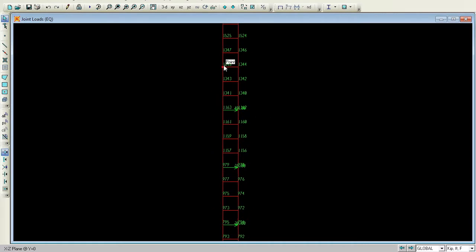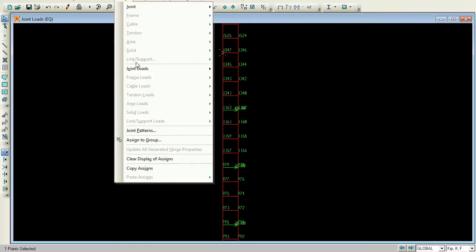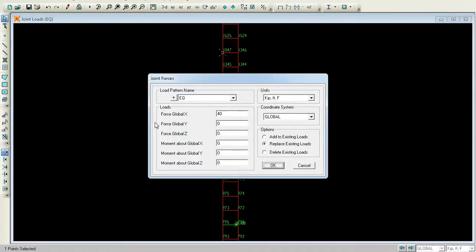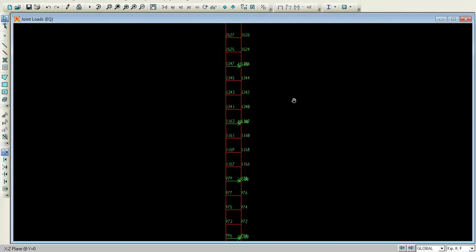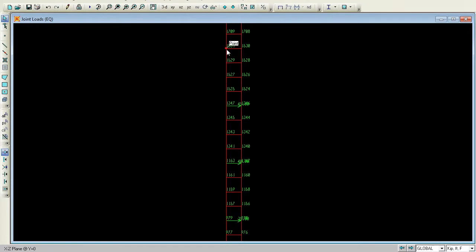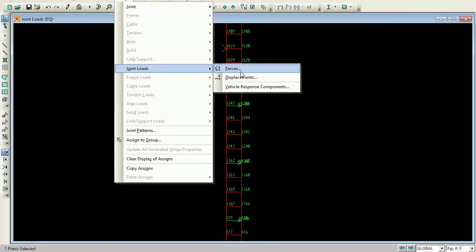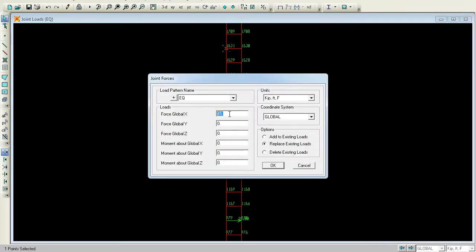Next it is 1347. Assign joint load forces. Next it is 1531. Assign joint load forces. It is 50.